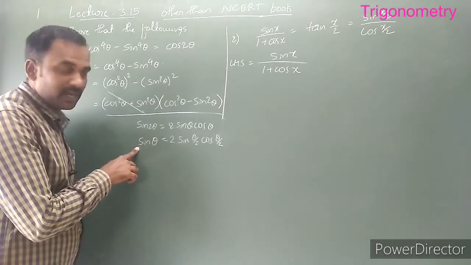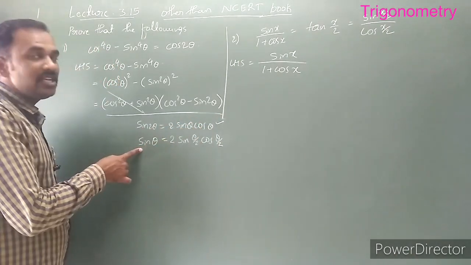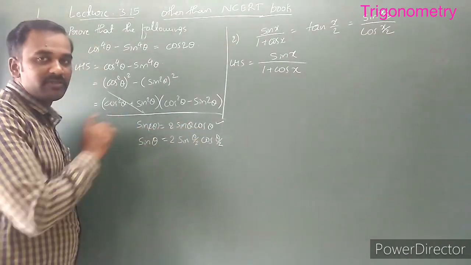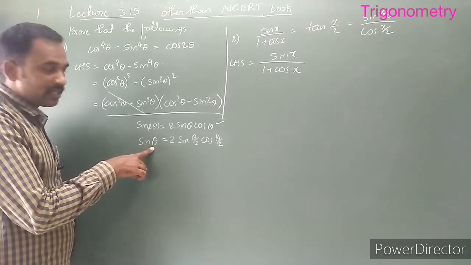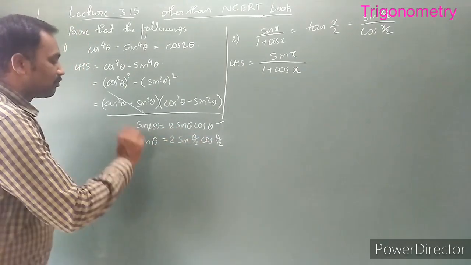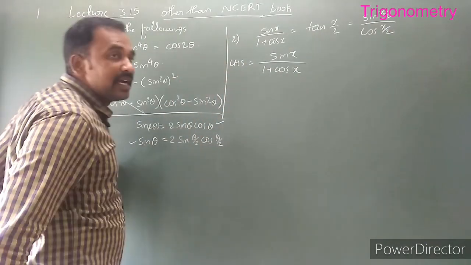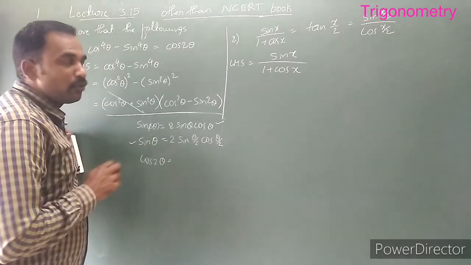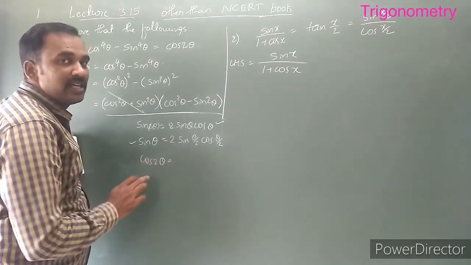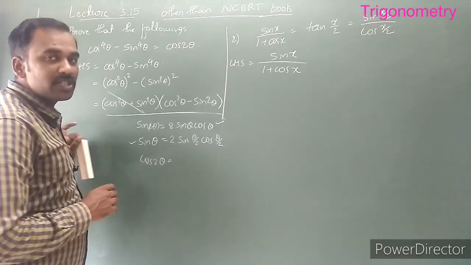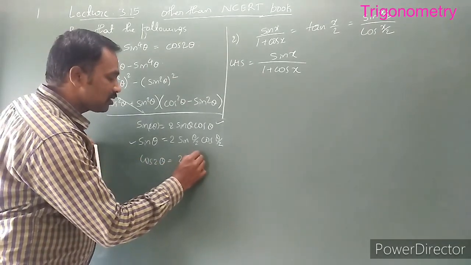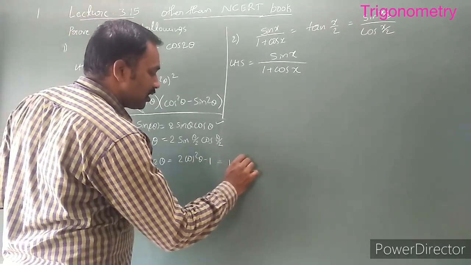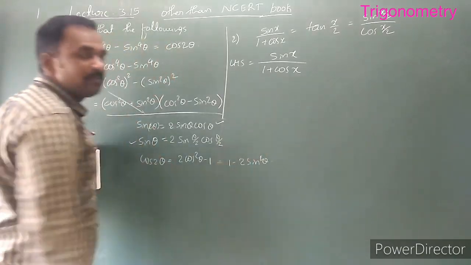You have already taken this formula, and with the help of this one we can easily manipulate this one, for only the angle divided by 2, theta by 2. This is the formula for the numerator. Apart from that, we know cos of 2 theta. What is the cos 2 theta? Totally 4 forms. Out of the 4 forms, here I take the one in terms of cos: 2 cos square theta minus 1. Or else in terms of sin, 1 minus 2 sin square of theta.